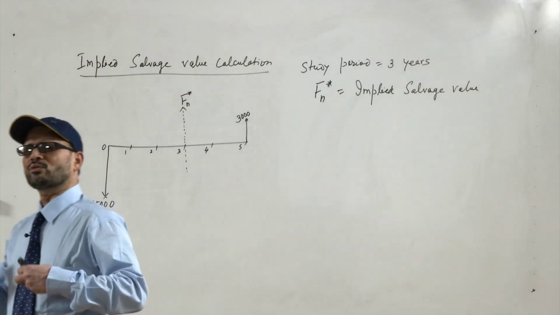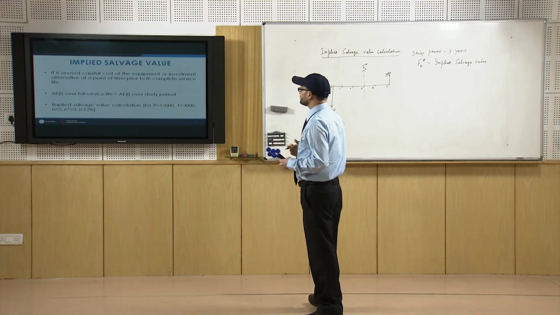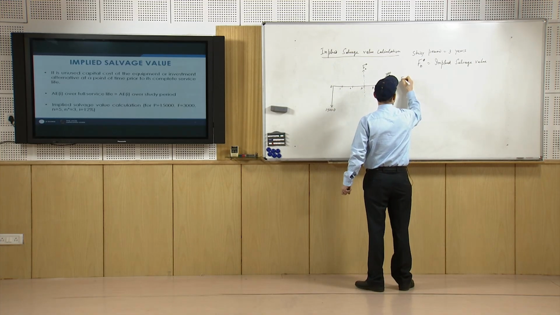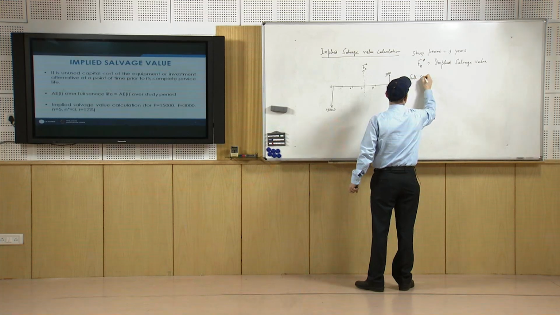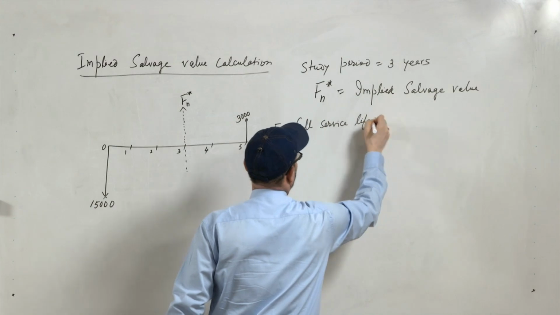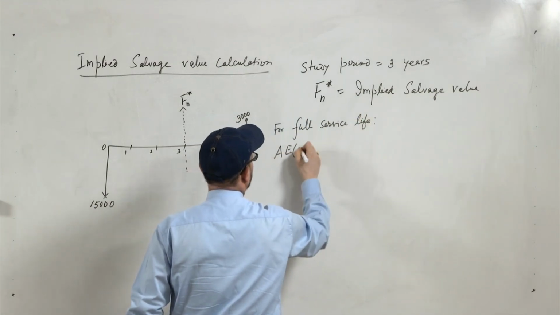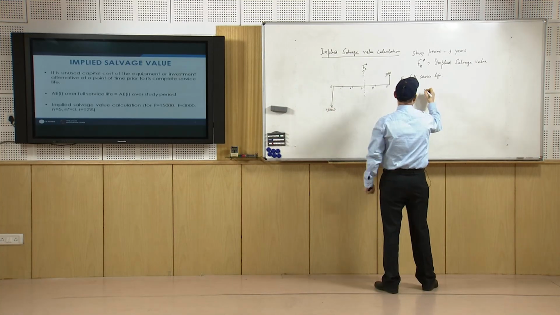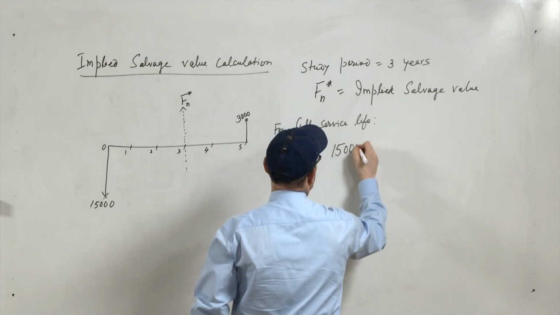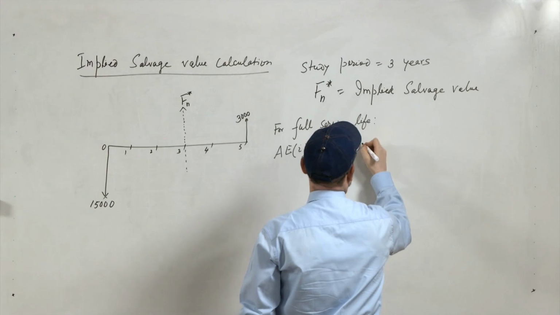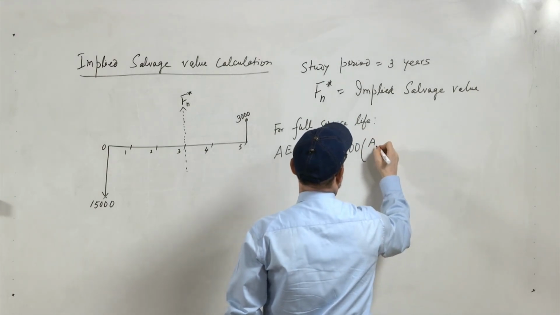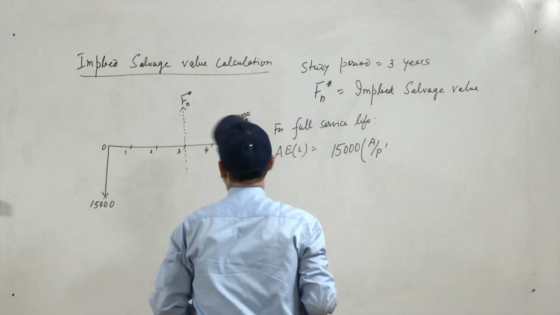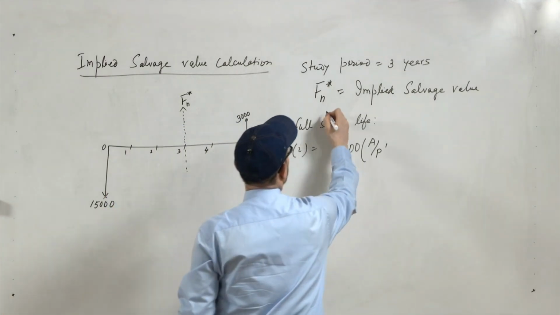It is nothing but the capital recovery with return cost, that is the annual equivalent value. For the full service life, the capital recovery with return cost, that is the annual equivalent, will be 15,000 into A by P, with the interest rate given as 12%,